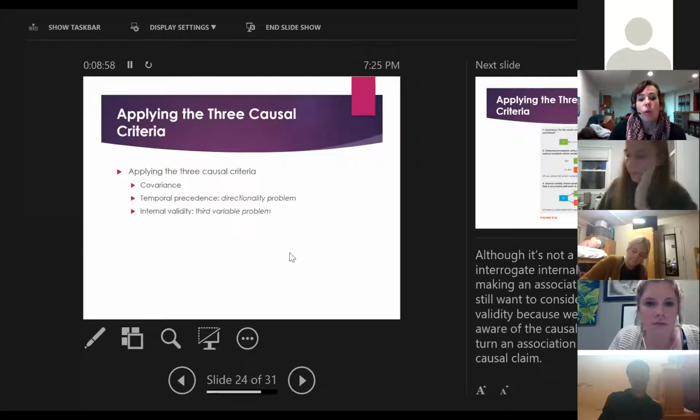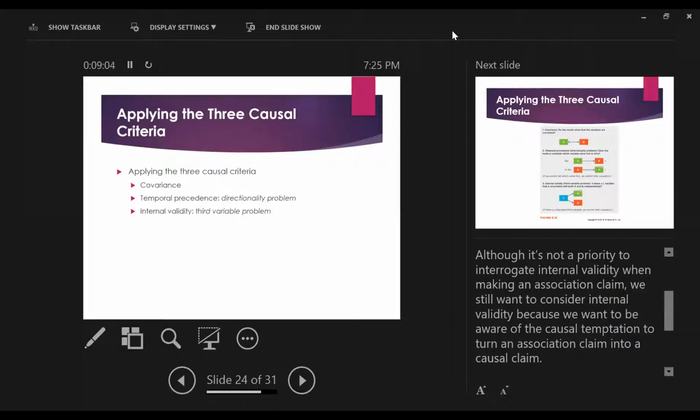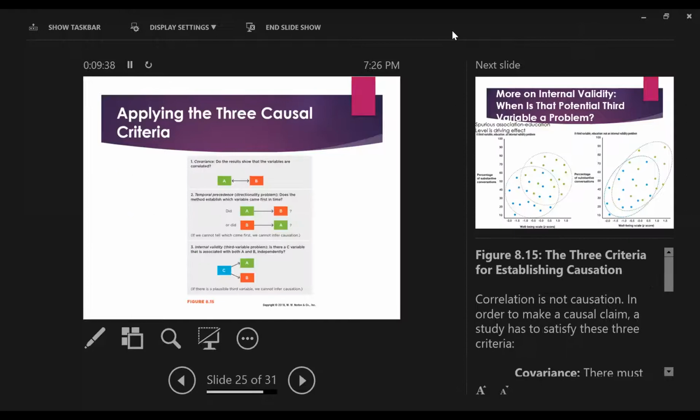Okay. So when we look at bivariate analysis and we're looking at correlation, we want to make sure to look at causal criteria as well. This is something we've talked about earlier this semester. The 3 causal criteria are covariance, how much the 2 variables you have at hand covary alongside one another; whether there's a directionality problem because of temporal precedence, this needs to happen first before that; and whether there's actually internal validity within the variable, or if you're dealing with a third variable or some sort of confounding variable. All of those need to be evaluated when you're taking a peek at correlations.